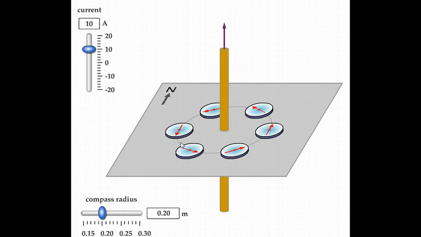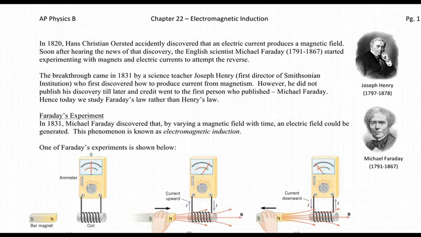And if you use the right hand rule, with your thumb pointing in the direction of the current, your fingers will curl in the direction of the magnetic field. Hence, if I make the current go downwards, then we now have a magnetic field going clockwise. This idea of a conductor carrying current producing a magnetic field was first discovered by Hans Christian Ørsted, when